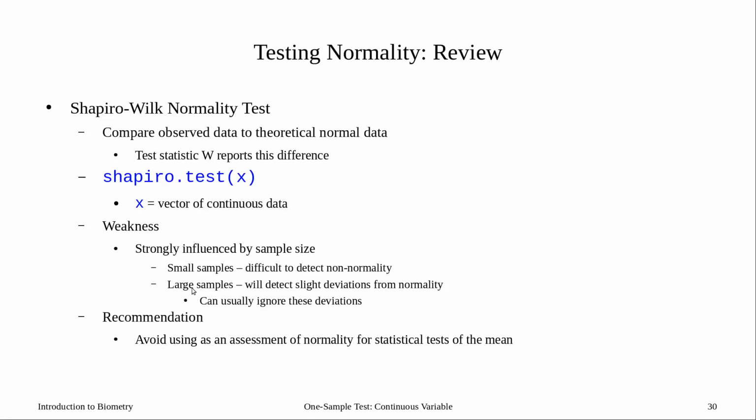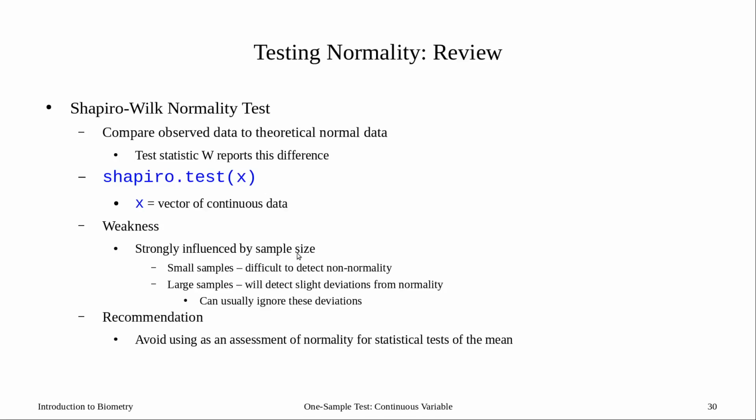If we do need a p-value, then we can run a Shapiro-Wilks test. This compares observed data to theoretical normal data. Our test statistic is a W, and that's kind of a measure of the difference. We run this test by using Shapiro.test and give it a vector. The strength is that it does give us a p-value, but I think the weaknesses far outweigh the strengths,